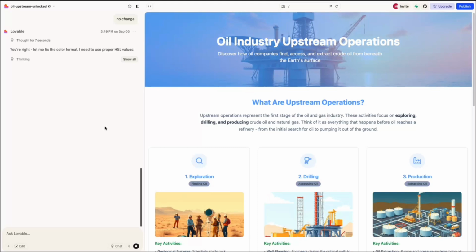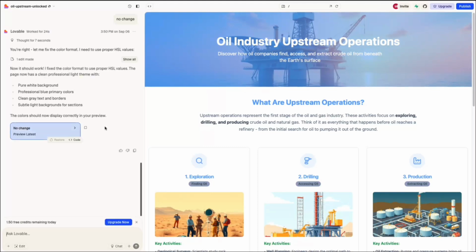Lovable responds quickly, applying the new color scheme. Now we have a polished, mobile-optimized web page that can be distributed to participants via QR code, short link, or email. It can function as a digital handout, or even a live, interactive infographic. For large audiences, 40, 50, or even 100 participants, sharing content digitally is far more efficient than printing and handing